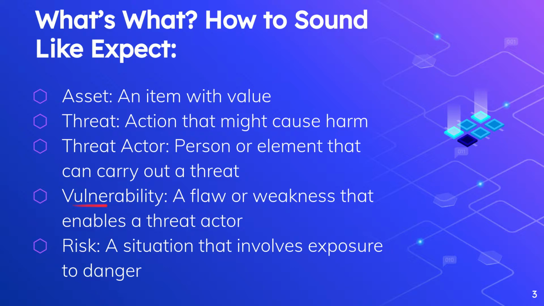A vulnerability is a flaw or weakness that enables a threat actor. The classic phrase is a chink in the armor, a little spot where the armor connects up to each other, where you can get through the defense. That's a vulnerability. So we can have a firewall up, but we have a web server underneath. That web server is running an old version of Apache, which has a known vulnerability. That vulnerability is going to allow that person to modify that web server and maybe get a breach into the network. That's a vulnerability.